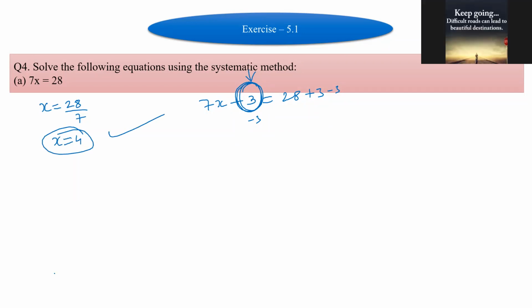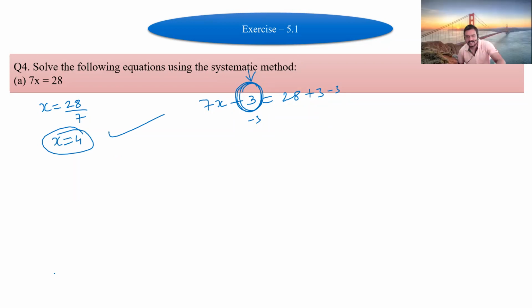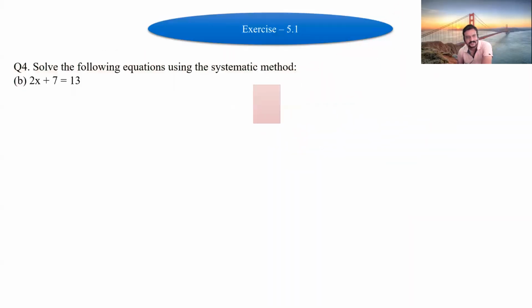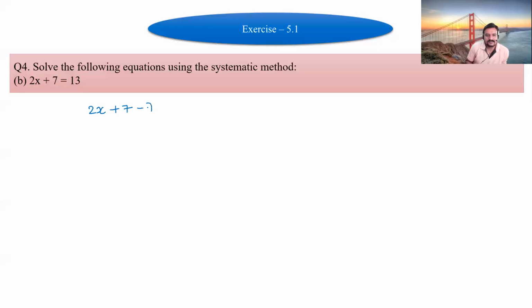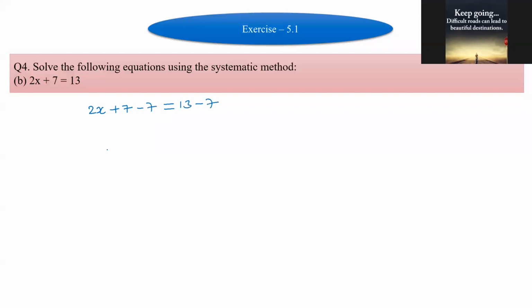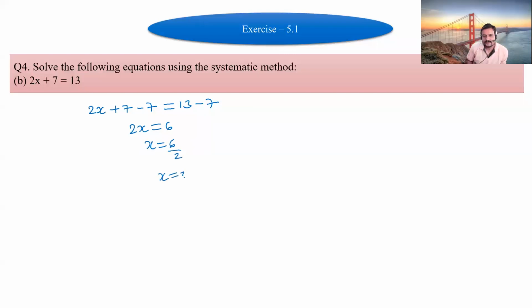Sir, Math is next one. Speak quickly. Last 2 minutes are remaining. Yes, sir. Sir, 2x plus 7 is equal to 13. Sir, here we will balance the 13. Yes, 2x plus 7, so do minus 7 here. 13 minus 7. So, sir, plus 7 minus 7 cancel. 2x is equal to 13 minus 7, which is 6. x is equal to 6 divided by 2. x is equal to 3.